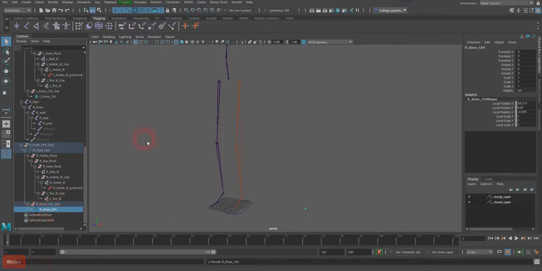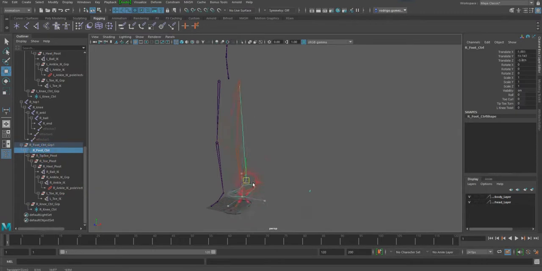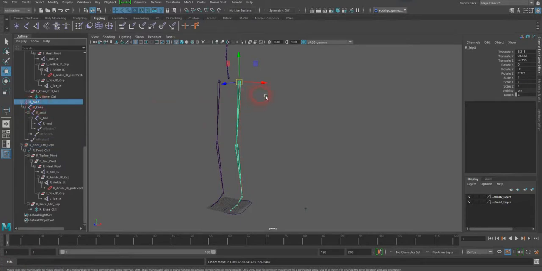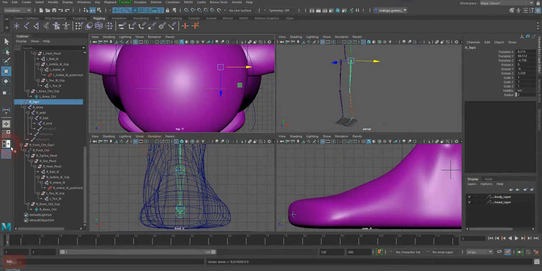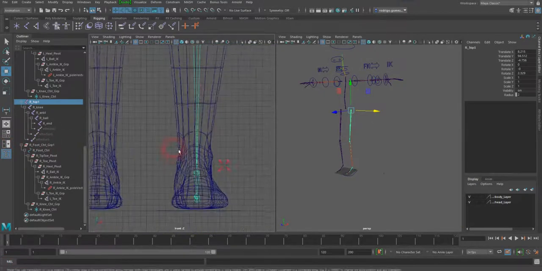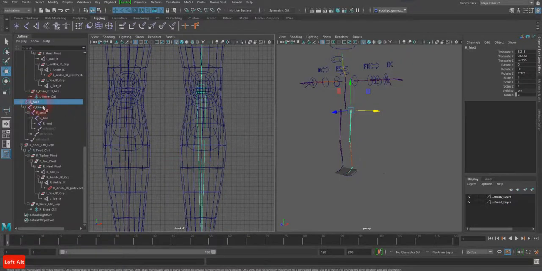Okay, so I have two legs, one on top of each other, but if you try to move the controller for that right foot, you see it right there, it's working correctly. And I have a right hip one that is right there. So when you move it this way, you should be able to work correctly with that. So what I'm going to do with that is I'm going to go to the front view, actually split in two, and in the front view I'm going to move,